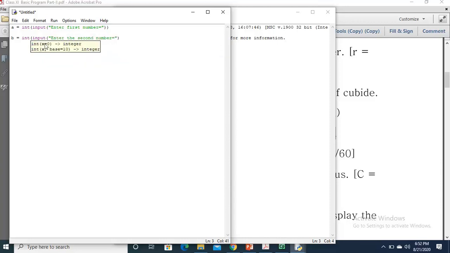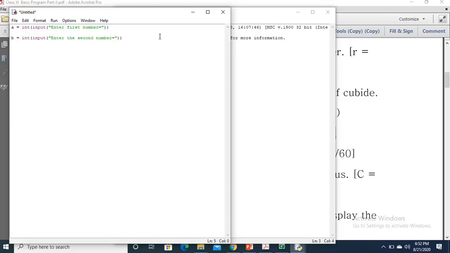Here one more thing: it is not necessary that you write this message. This message is optional, but I recommend, as we are beginners, that whenever you are using the input function, always give a meaningful message. How this message will help us, we will see in the output.